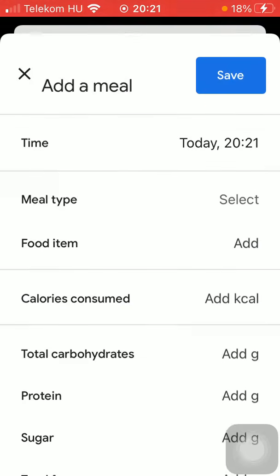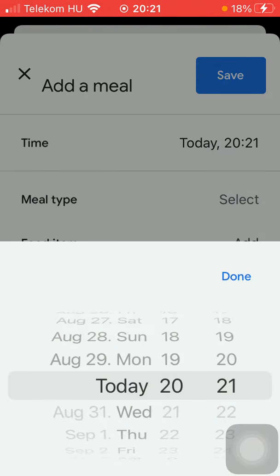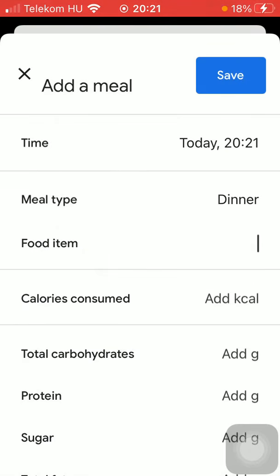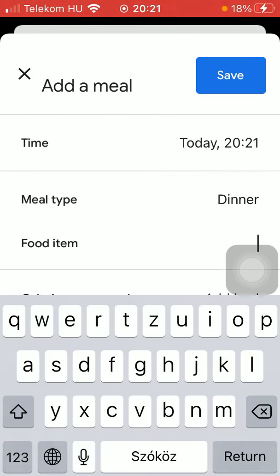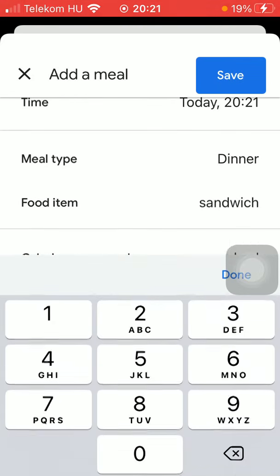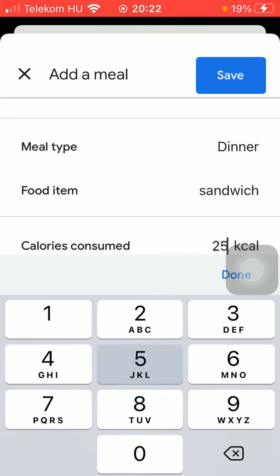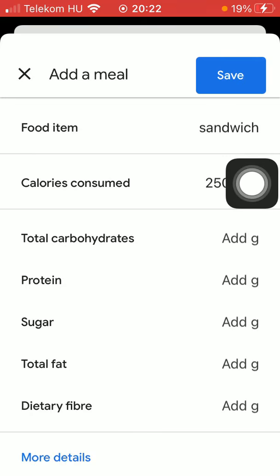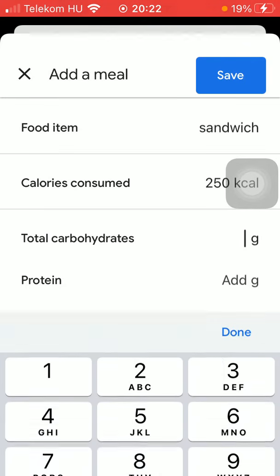Now you should add a meal by selecting the time first, the exact date and time, the meal type, the food item, then add the calories that you have consumed. Then you should add the total carbohydrates in grams,